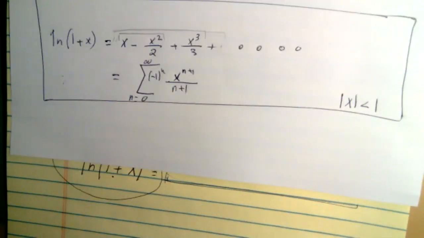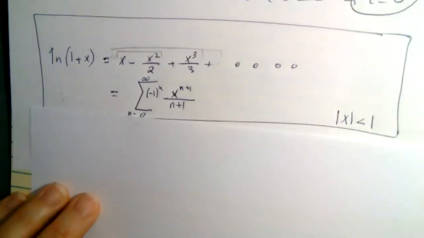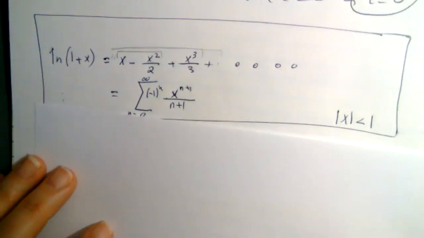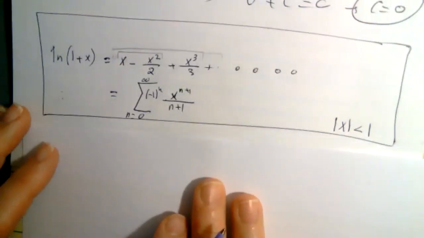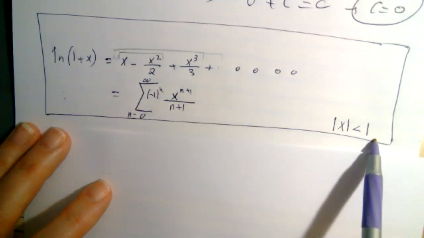So let me now do something. It's not on your note, but it's something you guys need. So suppose, just for the fun of it, suppose I take this power series. So this tells me that if I take any x in absolute value less than 1,